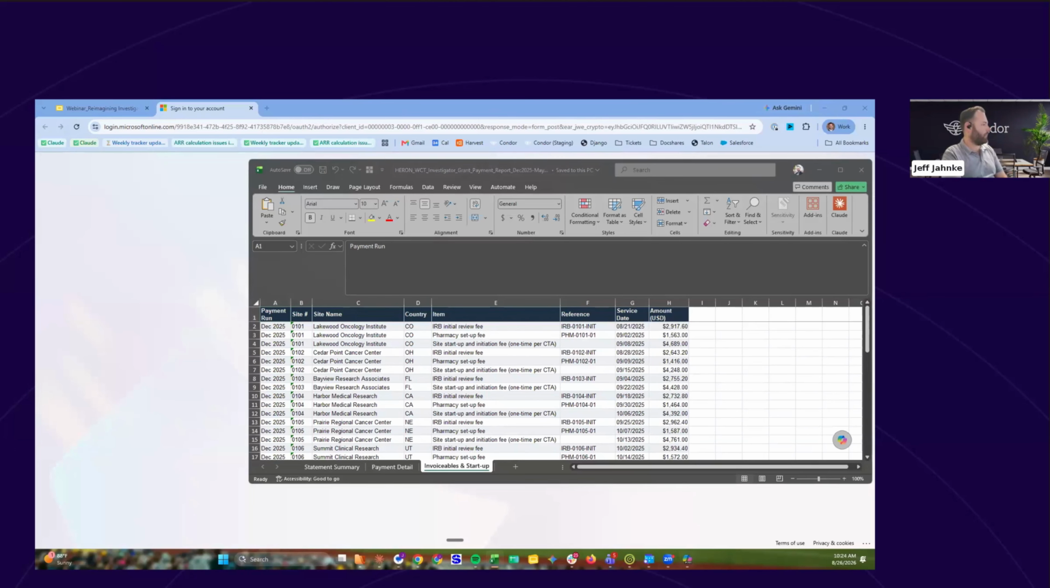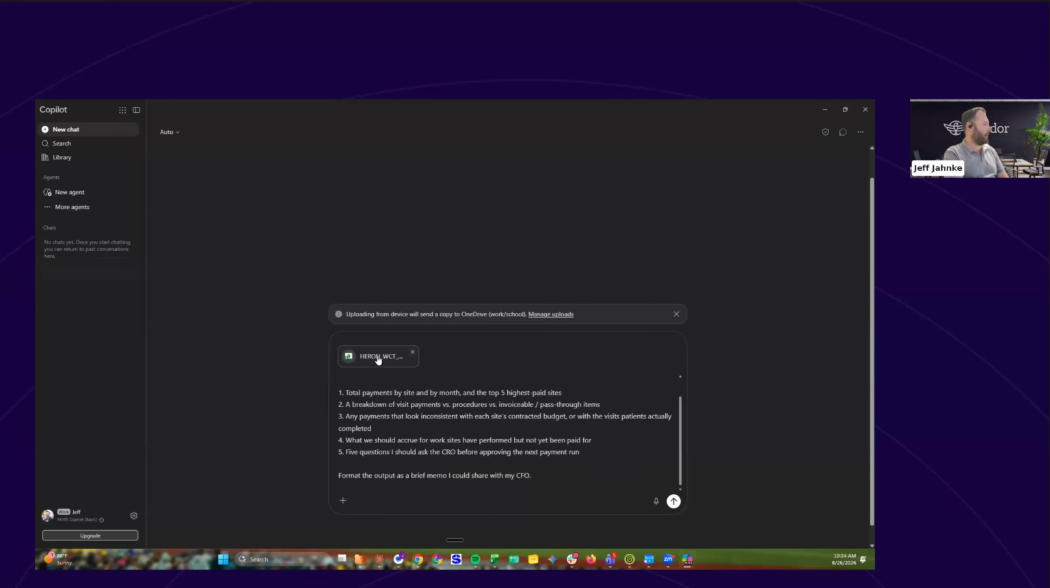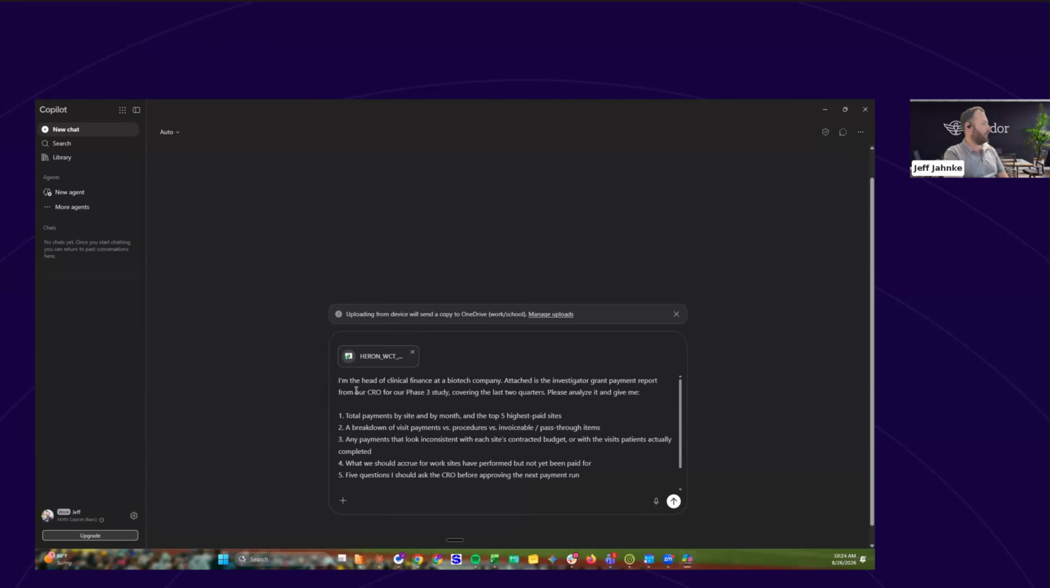So if I go back into Copilot, I've loaded this file into Copilot and I've dropped in a prompt here. And the prompt says, I'm the head of clinical finance at a biotech company. Attached is the investigator grant payment report from our CRO for our phase 3 study covering the last 2 quarters. Please analyze it and give me total payments by site and month, highlighting the 5 highest paid sites. A breakdown of visit payments versus procedures versus invoiceable pass-through line items. Any payments that look inconsistent with each site's contract budget or with the visits